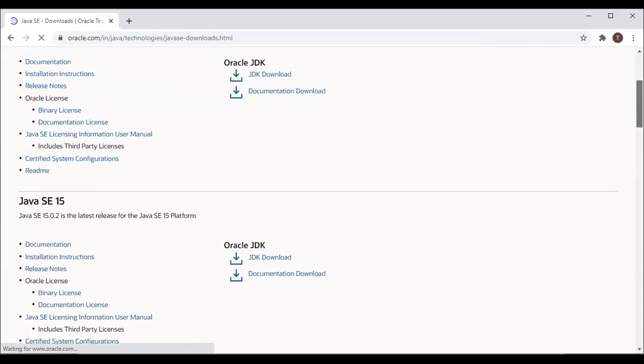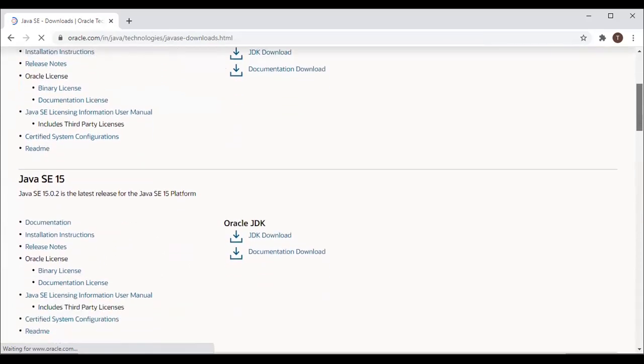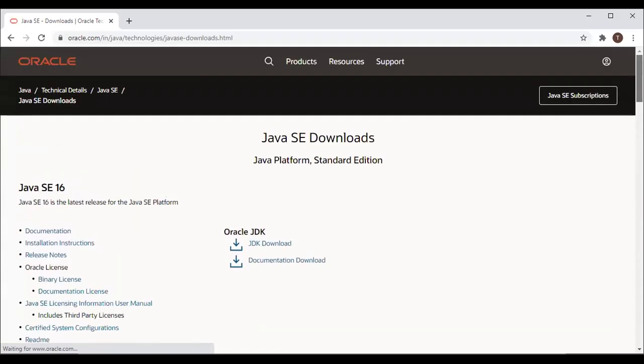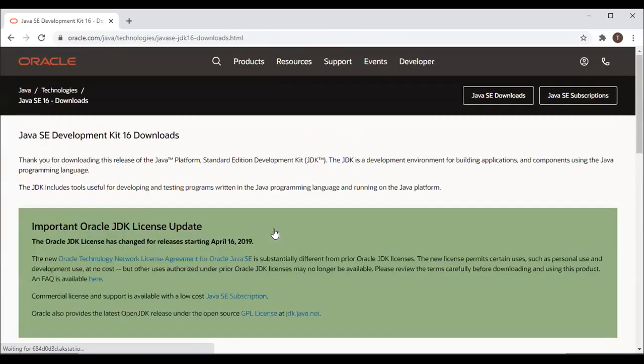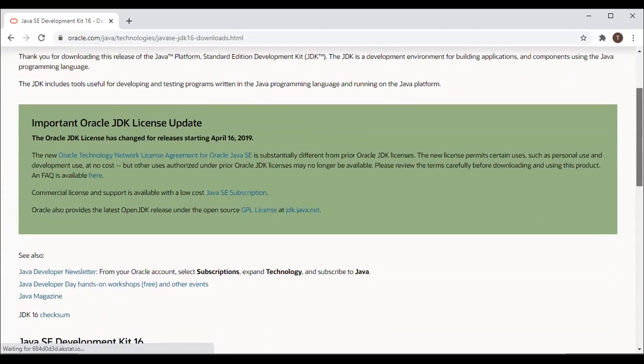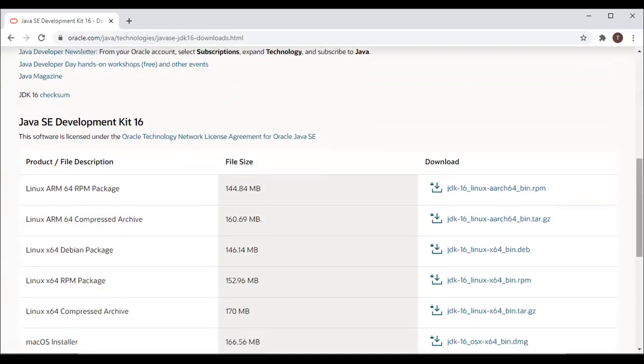Now here you can see so many versions of JDK are present. I'm going to click on the latest one, that is JDK 16. Now click on download. After that, you have to accept the license.